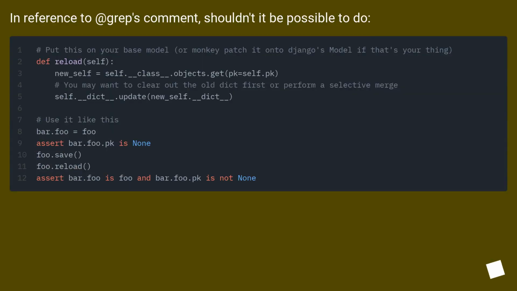In reference to a grep's comment, shouldn't it be possible to do